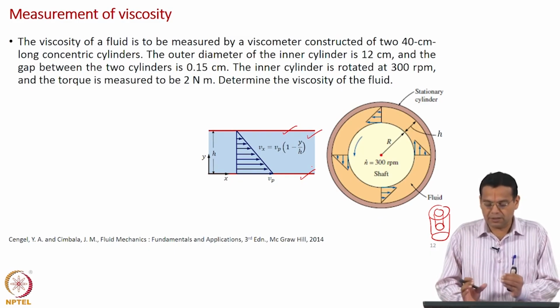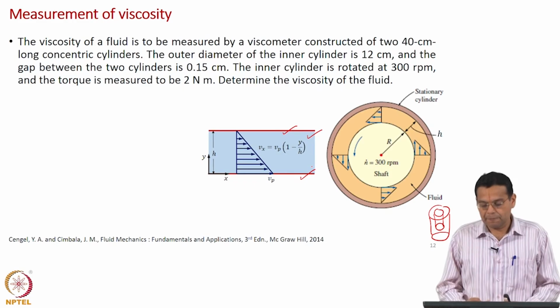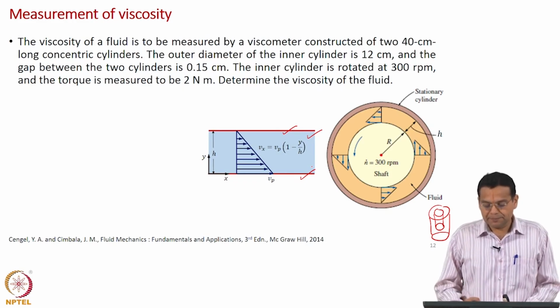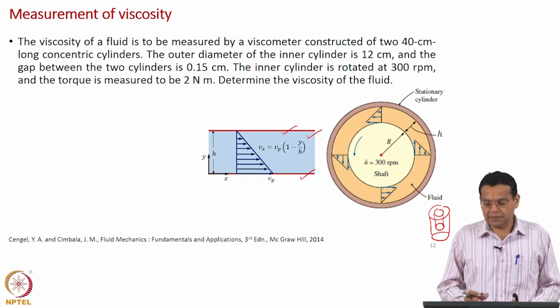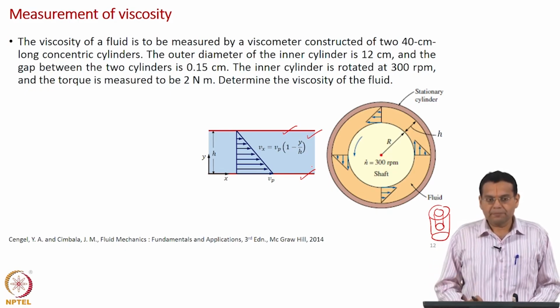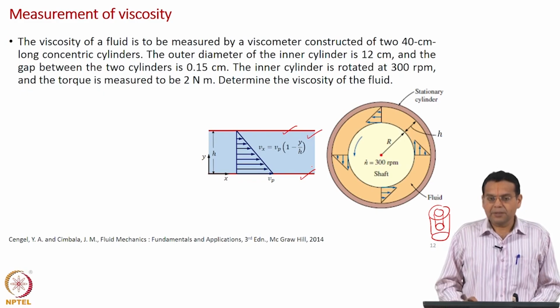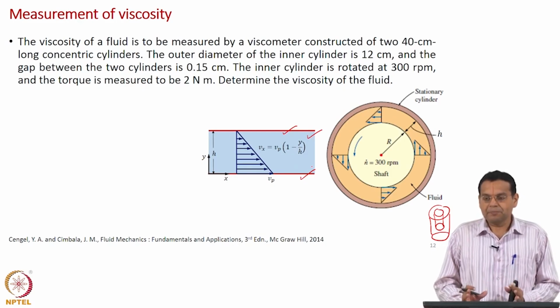So, one of the simplest configurations is this, the flow between two parallel plates. That is why throughout our discussion we have been taking this example. We have used this to explain the difference between solids and fluids, that is the example we took. Remember, we took this example to illustrate the difference between solids and fluids. We also took this example to illustrate the one dimensional form of Newton's law of viscosity. So, in that way, a very nice example for